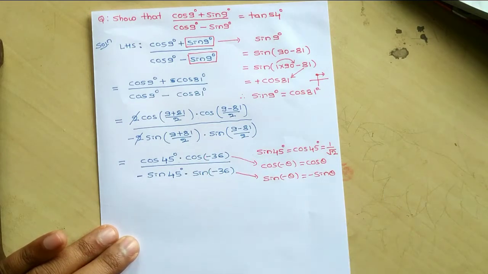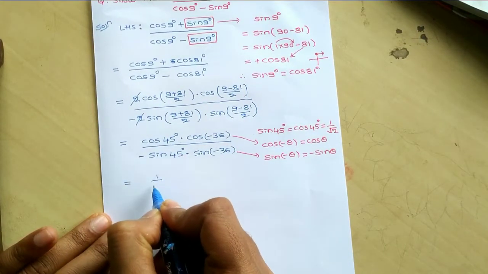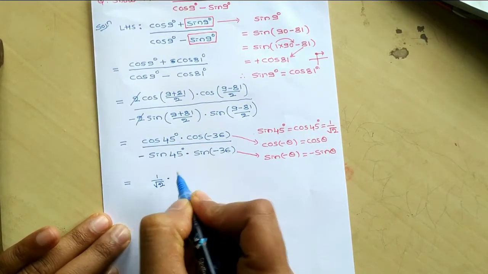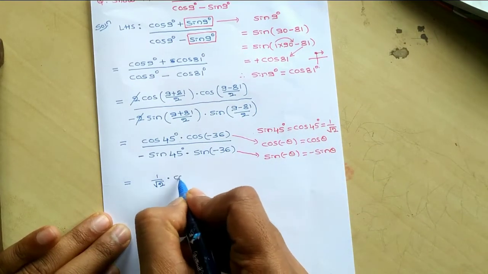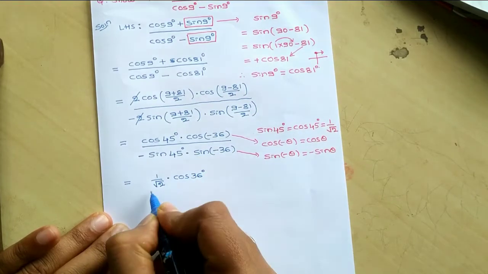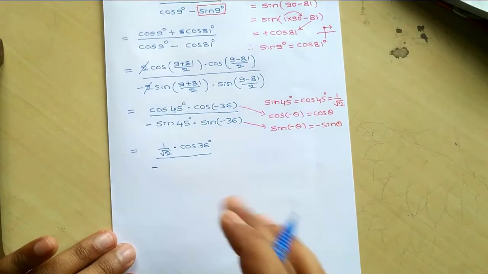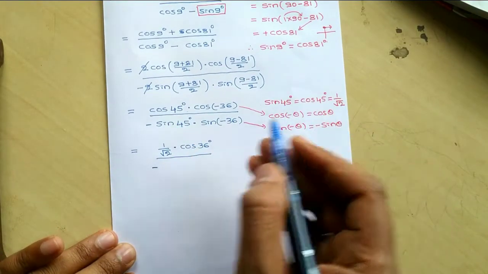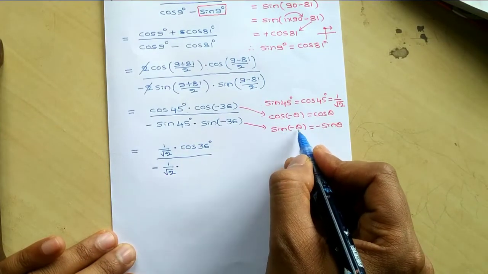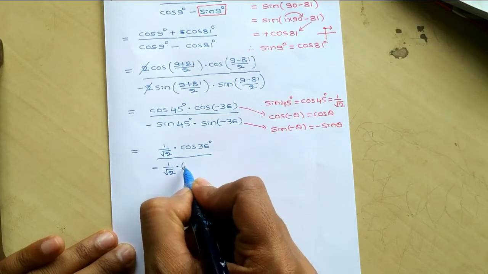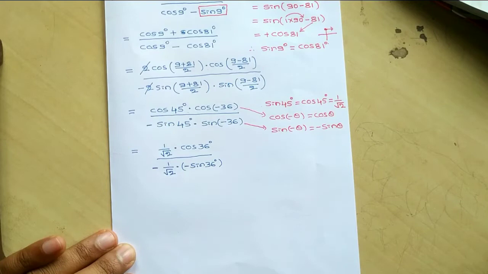So now first here you need to substitute the 1 by root 2 value, and here for these two apply this formula. Therefore which is equals to cos 45 degrees 1 divided by root 2 into cos of minus 36. Cos of minus 36 is only cos 36 degree, divided by, next minus I am going to keep it as it is. Next again sine 45 also 1 upon root 2 into, next sine of minus theta. Sine of minus theta is what? Minus sine how much degree? 36 degree. Correct.